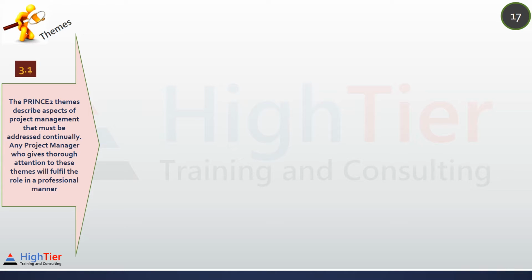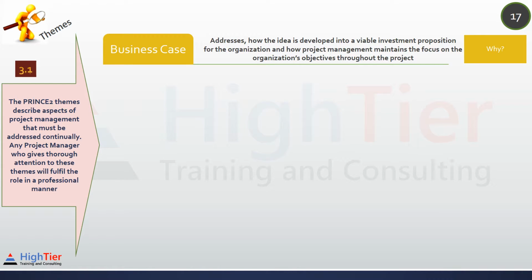There are 7 themes. First, business case. The project starts with an idea, which is considered to have potential value for the organization concerned. This theme addresses how the idea is developed into a viable investment proposition for the organization and how project management maintains the focus on the organization's objectives throughout the project. Answers the question, why are we